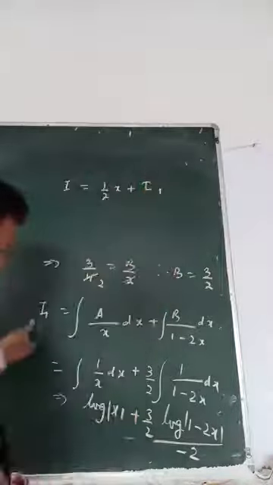Then you can multiply: t square plus 2t plus t plus 2, that is t square plus 3t plus 2. And the denominator, if I multiply, is t square plus 7t plus 12. Now you can check that the degree of the numerator equals the degree of the denominator. Equal degree. So P(x) by Q(x) is quotient plus remainder by divisor. You have to follow this formula. That means let me divide this.